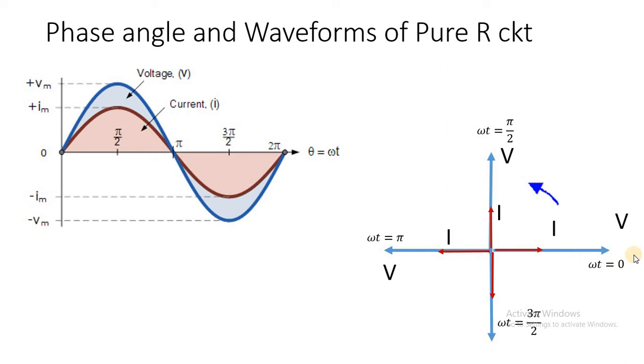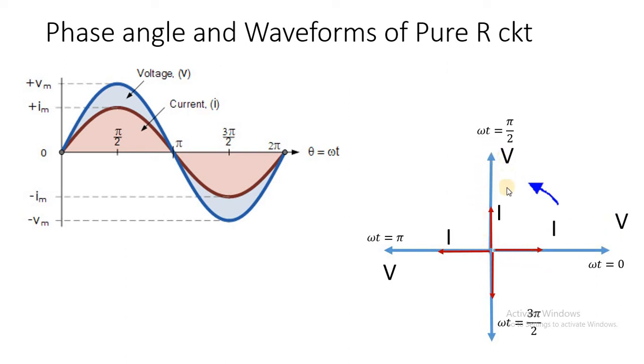Because both the waveforms are going to start their positive half cycles at omega t equal to 0, the phasors representing both the waveforms, that is the voltage phasor, which is represented by the blue line with an arrow, and the current phasor, which is represented by the red line with an arrow. The blue line length is larger because Vm is larger, so its RMS value is larger. The length of the current phasor is smaller because the amplitude Im is smaller, so the RMS value of the current is smaller, and both are in phase at omega t equal to 0.